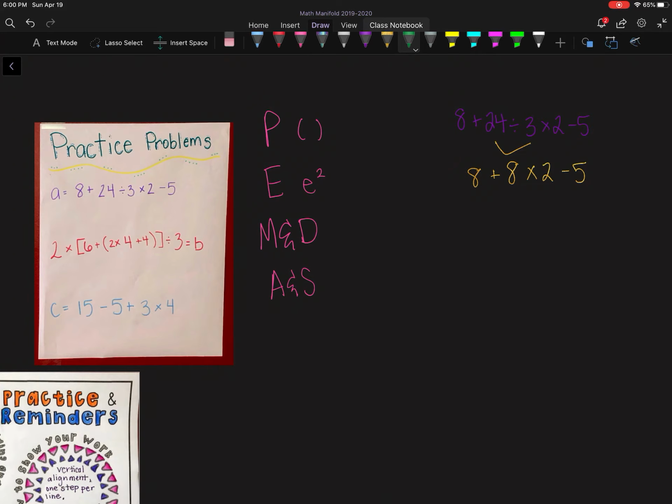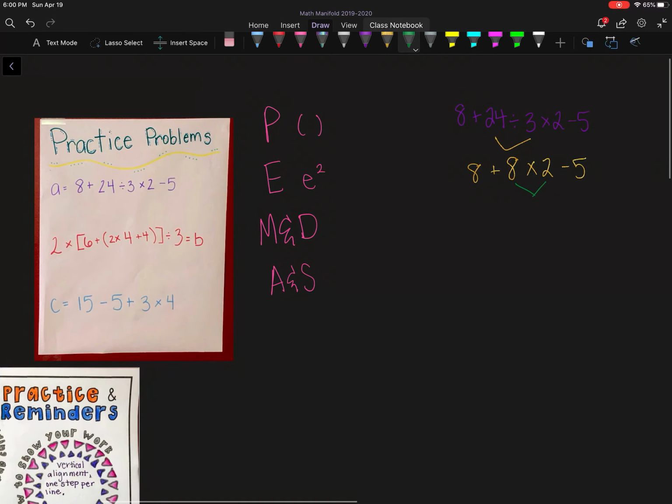So then multiplying, we still have a multiplication, which is 8 times 2, and that happens to be 16. And I'm going to rewrite the rest of the problem around it. And now I'm left with addition and subtraction, so I'm just going to move from left to right. So 8 plus 16 is 24, and 24 minus 5